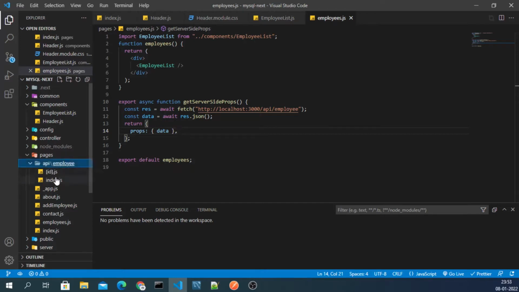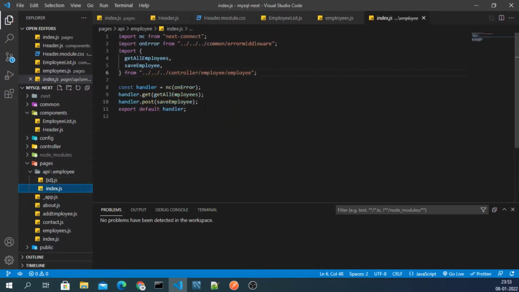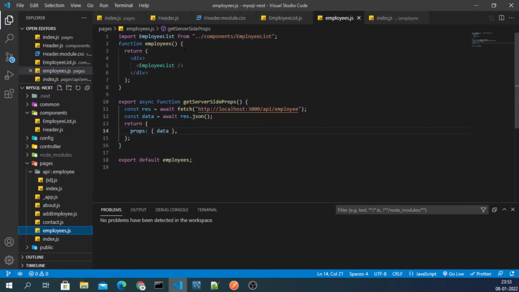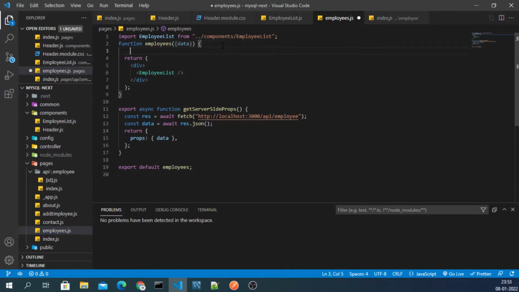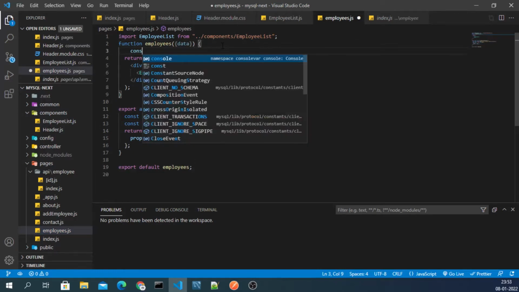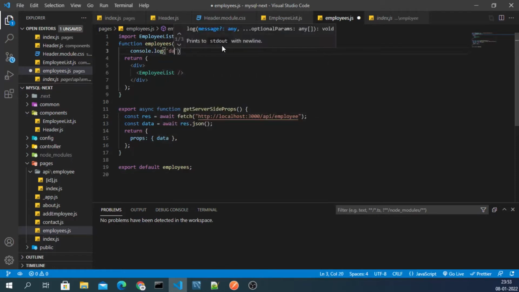Same employee, this is from where we will fetch all the employees, get all the employees, right? So here we will access that data. We will type data, and just below it we will console dot log data.